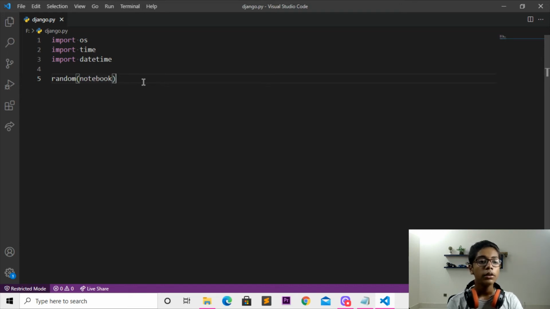notebook. So now you will be thinking like I'm just writing this because we are just making a notebook, and I'm just making a beginner project to advanced, which projects will be really helpful for you. So first of all, we are making a notebook which is a really small project, but I am just telling you for beginners so you can just understand what tags and things we need to just work with our Django project. So we have just written like random notebook, then you have to move forward, which we have just done